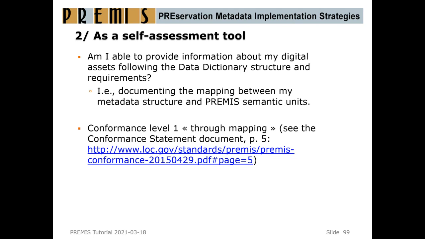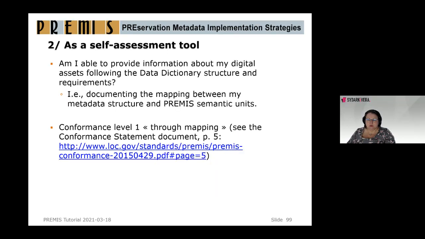It has already been said a number of times, you can use it as a self-assessment tool. You remember what Micky showed earlier on today. I have this object. What do I need to know about it to be able to preserve it? So showing the mapping between what I have and what you can find in the semantic units PREMIS has, and looking into the conformance statement, that actually is conformance level 1 through mapping. So you can actually name your things whatever you want, quite frankly, as long as you can map it to PREMIS. So if you label size